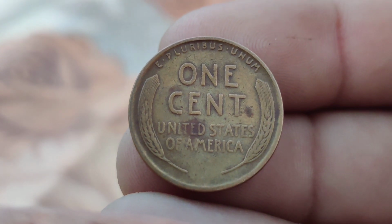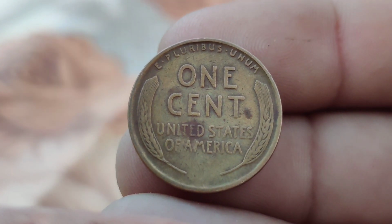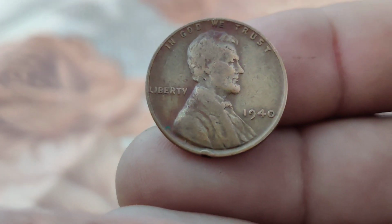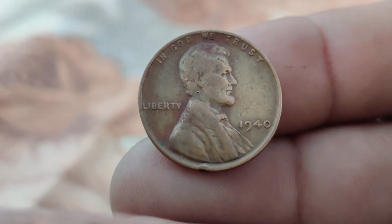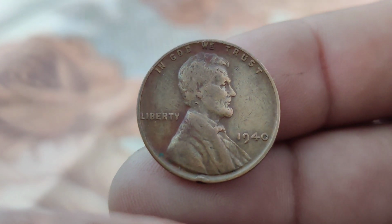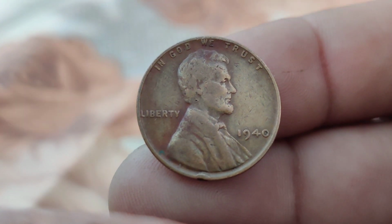In 1940, the world was on the brink of major changes with World War II looming. Despite the turbulent times, the U.S. Mint continued to produce these one cent coins in large quantities. The absence of a mint mark on the 1940 wheat penny indicates that it was minted in Philadelphia, as was